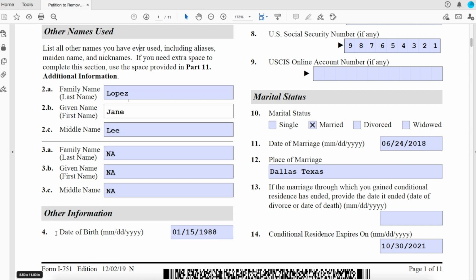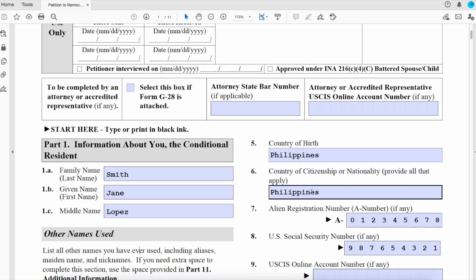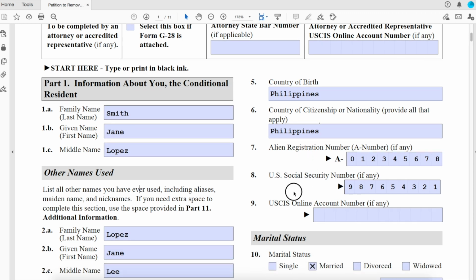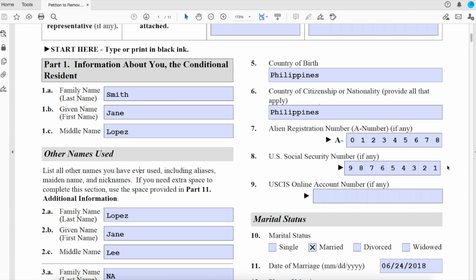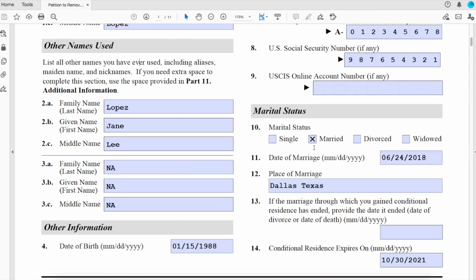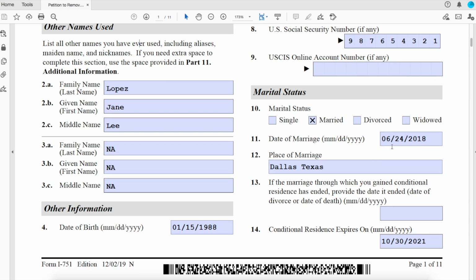And then this is going to be your date of birth. So I put my date of birth here, and then the country, which is Philippines, and then the citizenship or nationality, then I put here, and then your alien registration number. Of course, you can find your alien registration number on your green card as well. And then your social security number, you can put it here. USCIS online account: I don't have any online account. And then your marital status, I chose married, and then the date of my marriage, which is June 24, 2018,